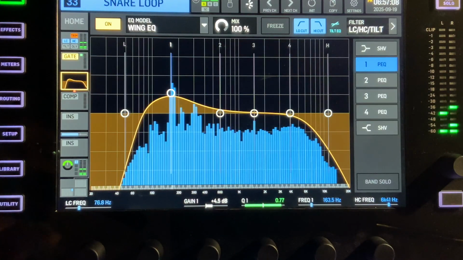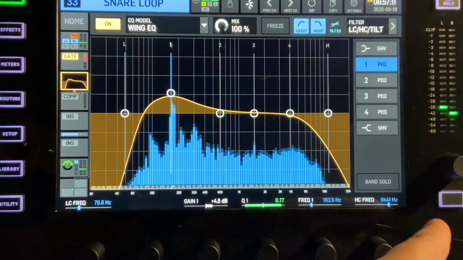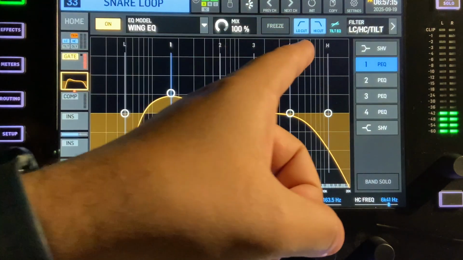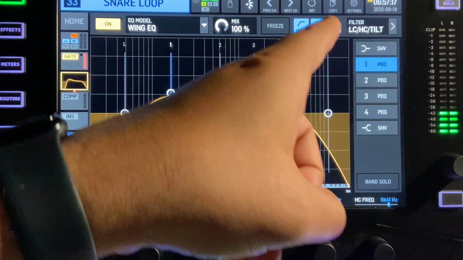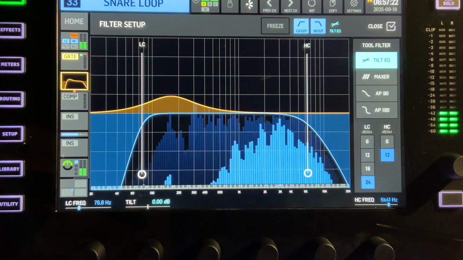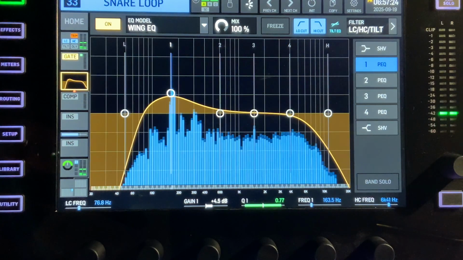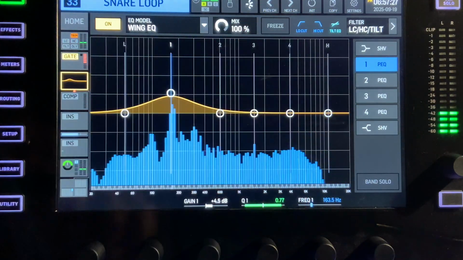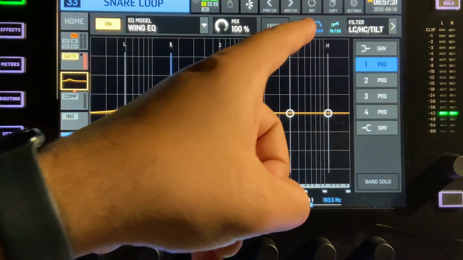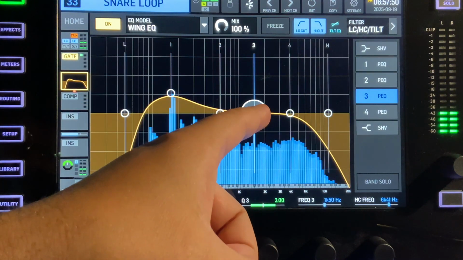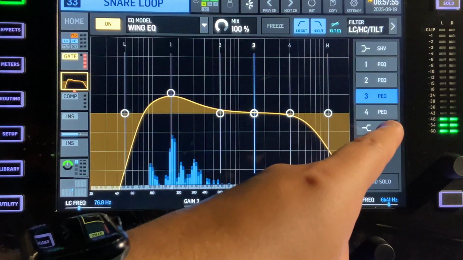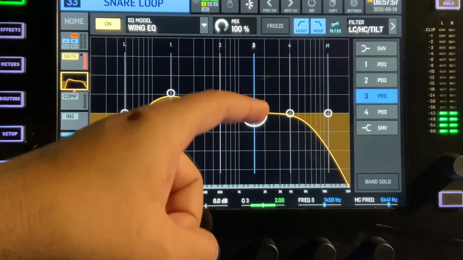Another thing to notice is on the left here and on the right, we have that low cut and that high cut available to us. So they are up here as well, but you can see more detail from the filter tab here. So you can trigger the low and high cut from there, and they'll just disappear. So you can either use the touch screen or you can use these knobs. Once you've selected, you can select over here too. So if you take number 3 here,